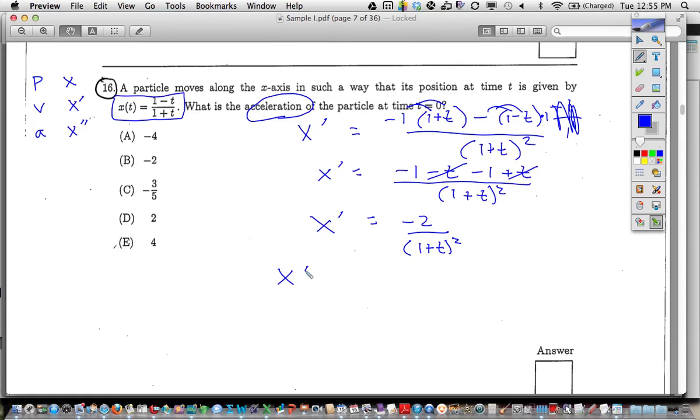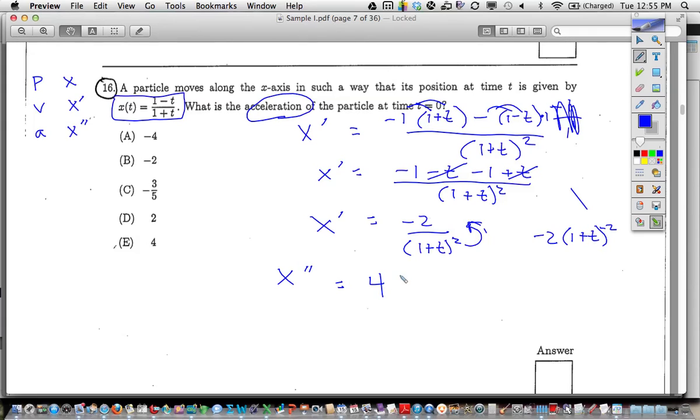Now I need x double prime. Do the quotient rule again, or would that be silly? Nobody wants to. That would be silly. I don't like doing the quotient rule there when you have a constant on the top or the bottom, because then you usually forget the derivative of the constant is 0. I think that messes you up. I think you should just move that up top as a negative power. So this is just -2 times (1 plus t) to the -2 power. That's your x prime. So now when we do x double prime, we simply bring that power down in front,